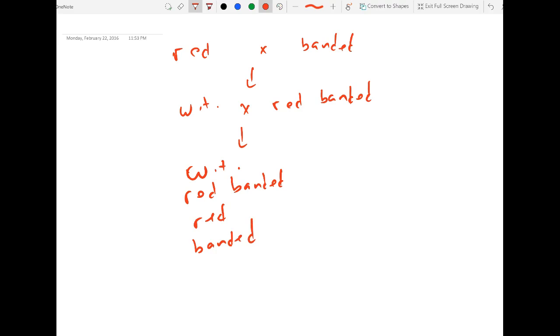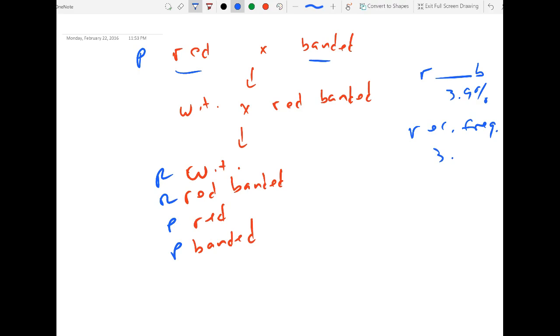Now, which ones of these are the parentals? Well, that's the parental generation. Our parental ones are the red ones and the banded ones. So parental, parental, which makes these guys recombinant. We know that the distance between these genes, red and banded, is 3.9%. So that means our recombination frequency is 3.9%, which means that the recombinants are going to be half of this. So half of 3.9%